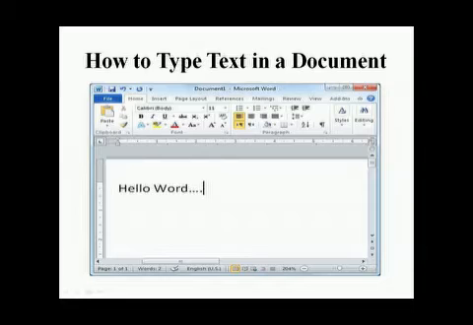That means there is no need to press the Enter key. Like that, you can see in the picture, I typed hello Word. In the same way, you can type a full paragraph also.